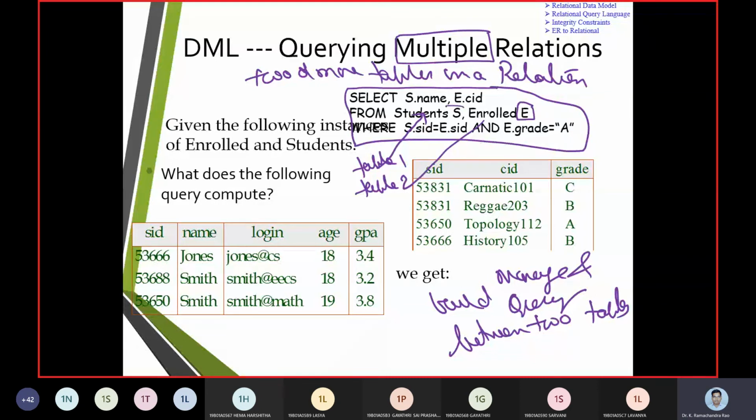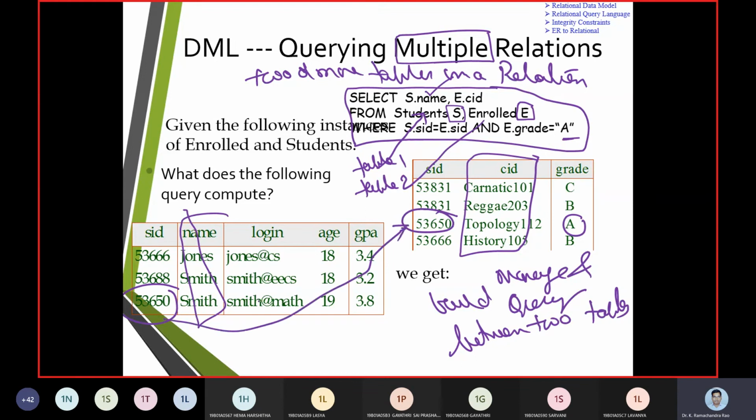We create an alias S for student and E for enrolled, and then we select S dot name, which comes from the student table, and E dot CID from enrolled, where S dot SID is equal to E dot SID and grade is equal to A. So the answer is 53650.